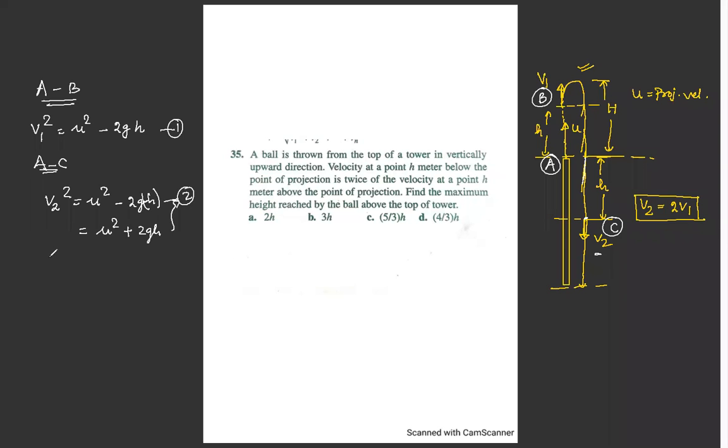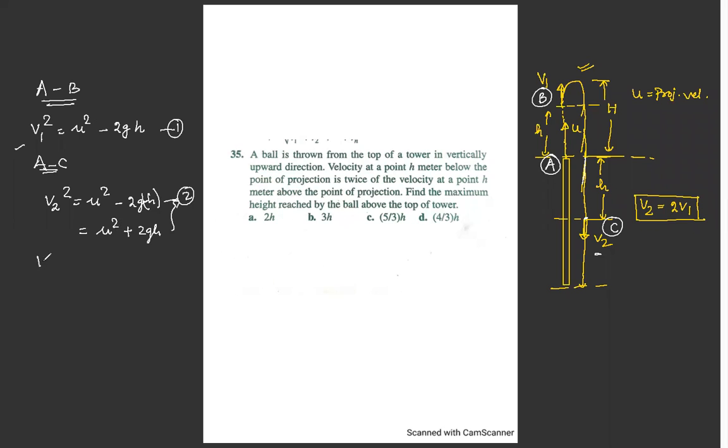So we got both the equations. So let's solve it. Now you solve it. V2 is already given as 2V1, and this is V1 square plus V2 square. You can solve it now. You add it now. Some of the things are going to be cancelled out. So now you solve it to find the maximum height.